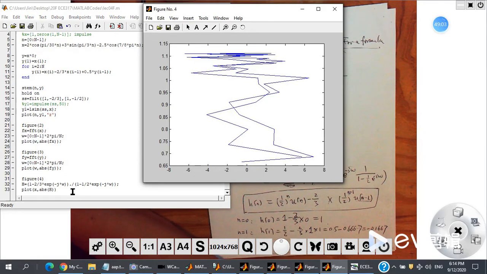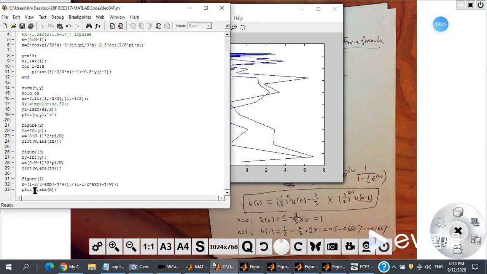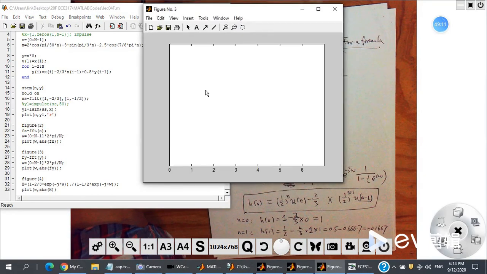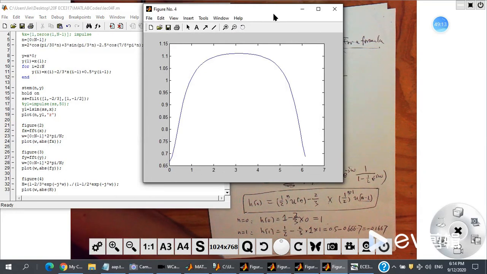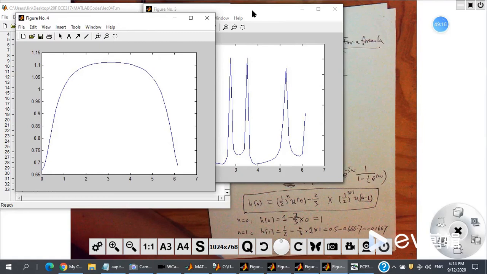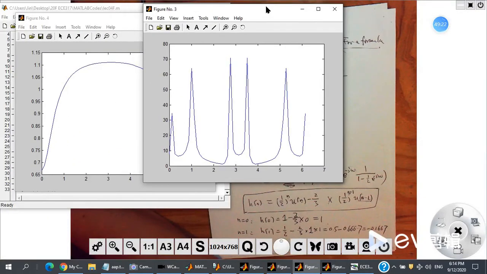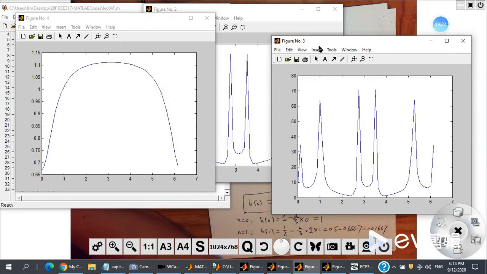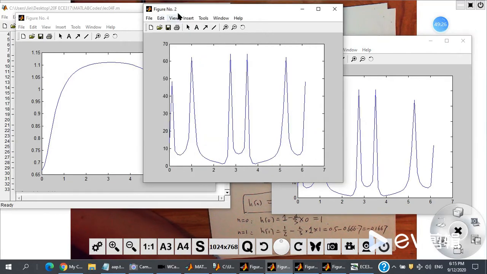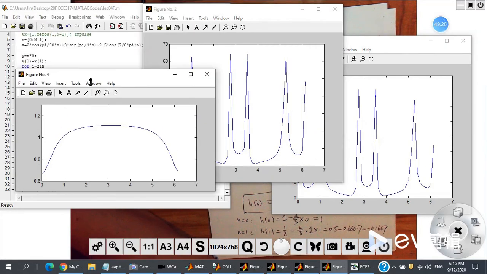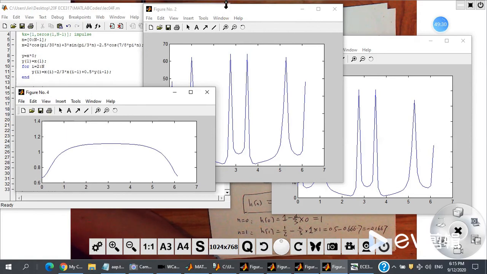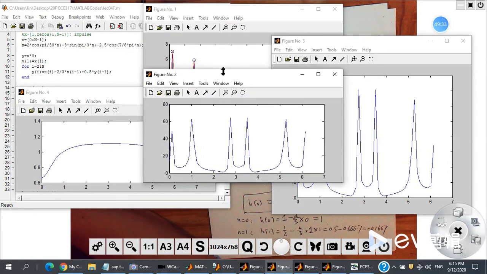Oh, sorry. Oh, not x. I put the x, it should be w. Sorry. Okay, so this is the frequency response, this is the capital H. I want to see all of them. Figure 3 is the output, and this is the input. Can I put them together? This is the input,